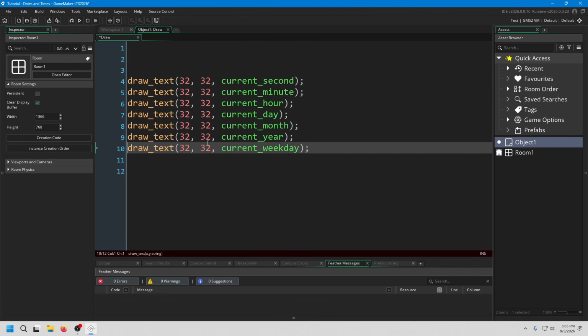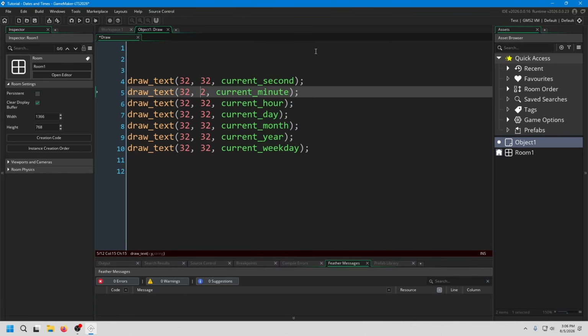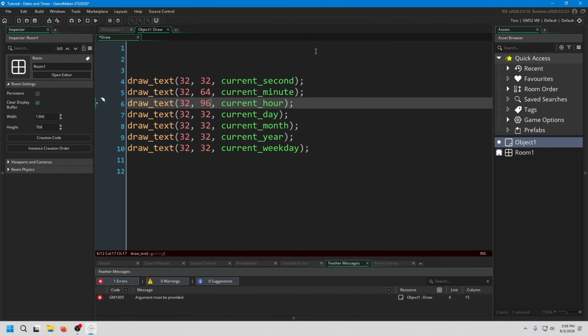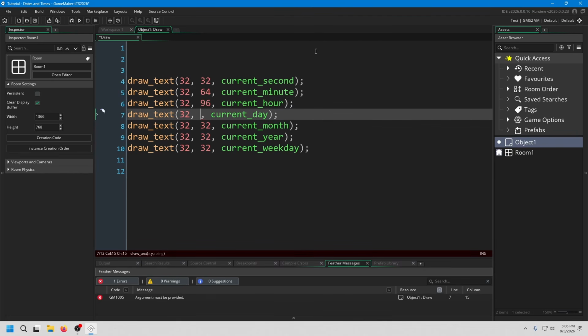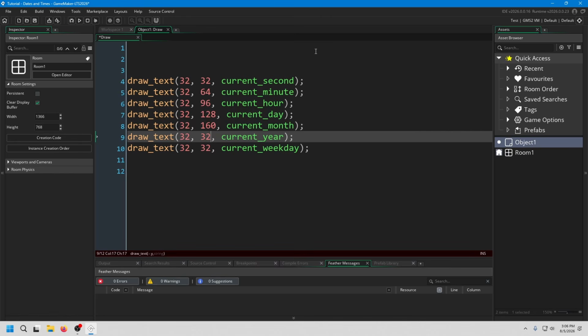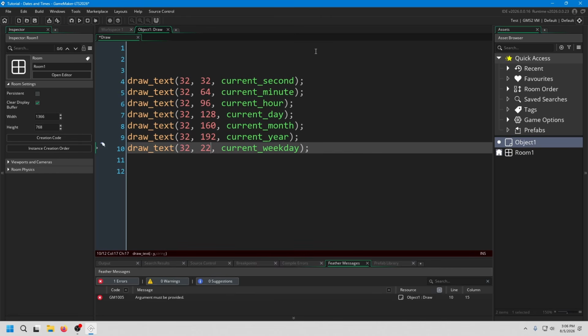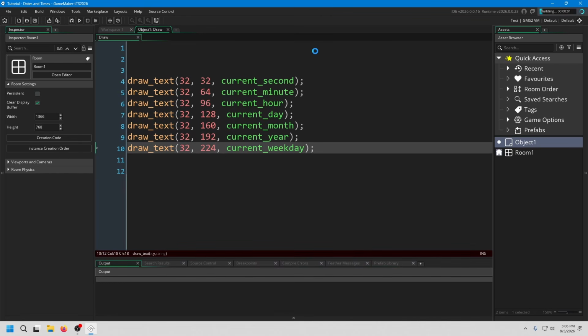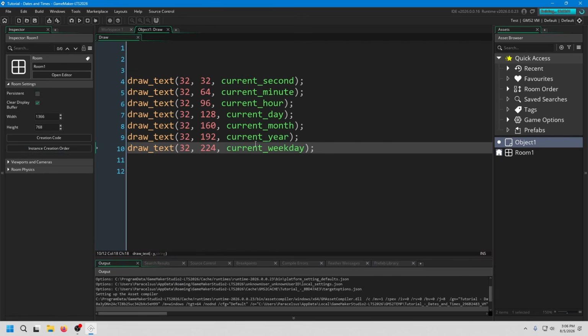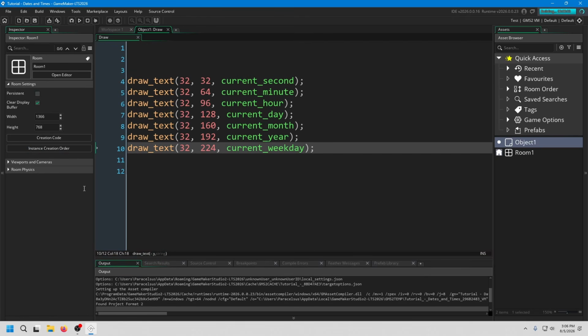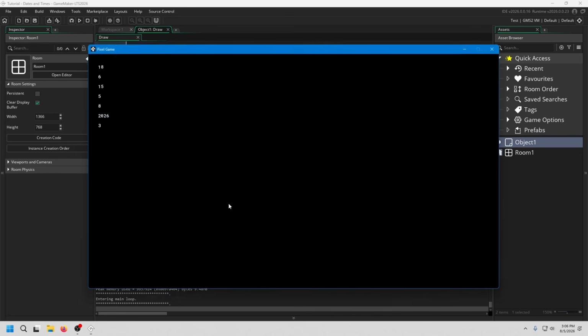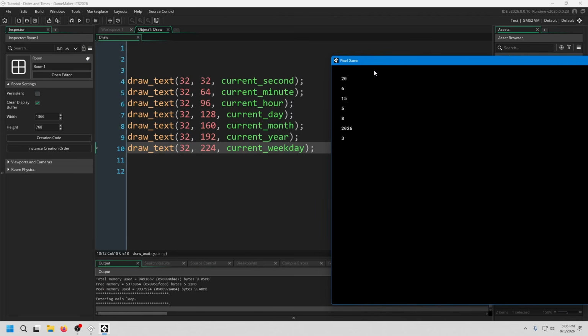I'm not going to draw them all on top of each other. I will space them out a little bit. Maybe 32 pixels to the line, something like that. 192 should be next, and then 224. And this is simply going to draw on the screen a series of numbers which corresponds to the current second,